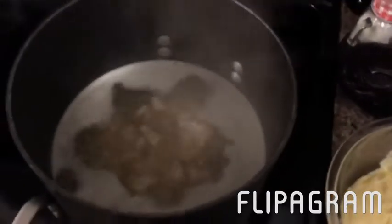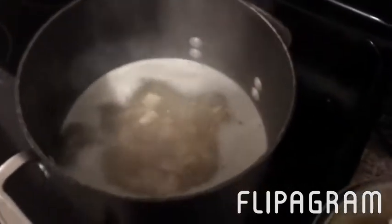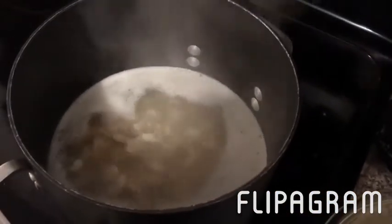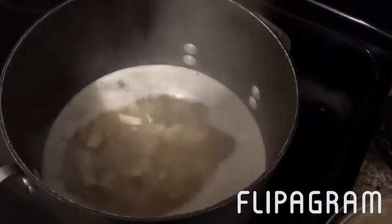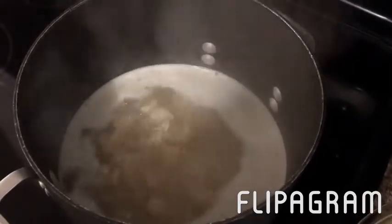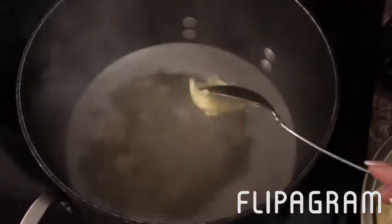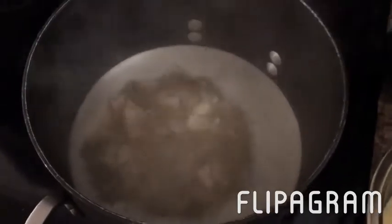Okay, so I have the broth going at a rolling boil with all of the turkey chopped up in it, and here I just have my biscuit dough. You can really use anything to thicken or make dumplings out of. Some people actually buy the dumplings from the grocery store that are frozen. Some people use canned biscuits. Some people just take flour with a little bit of salt and milk mixed together. This is just biscuits, and then I'm going to drop them by the little spoonfuls into here,